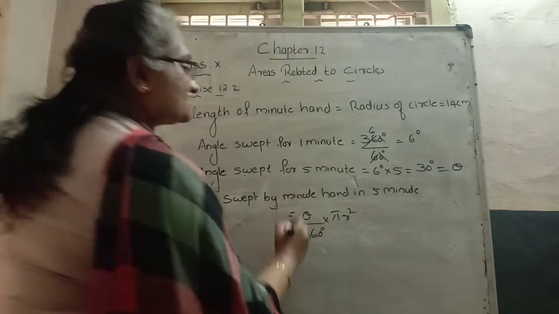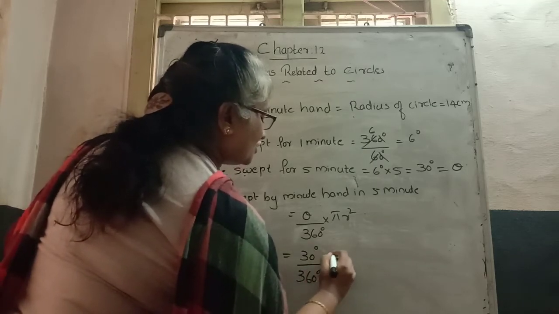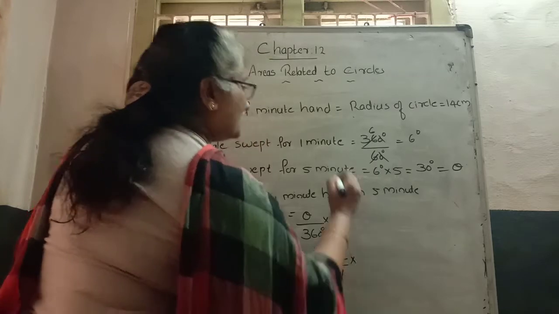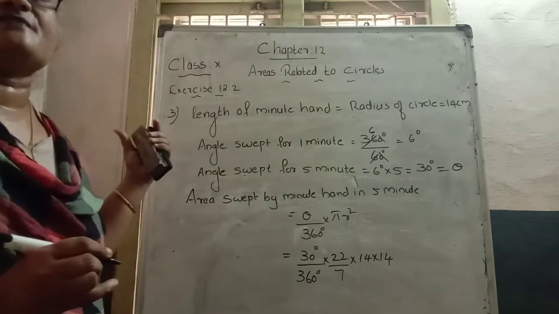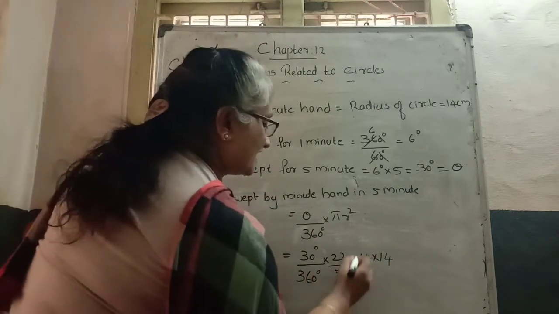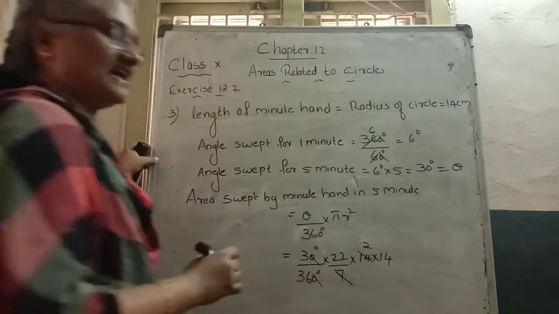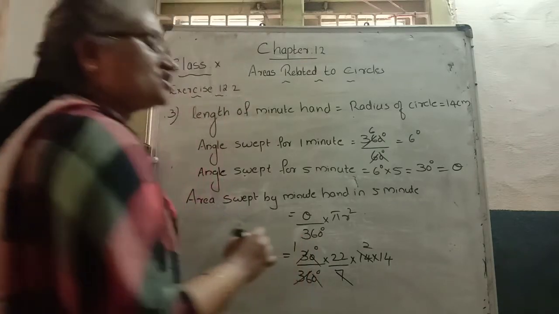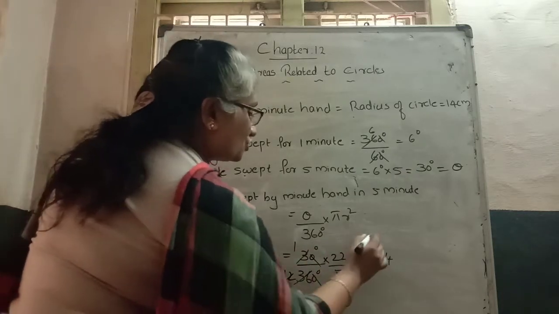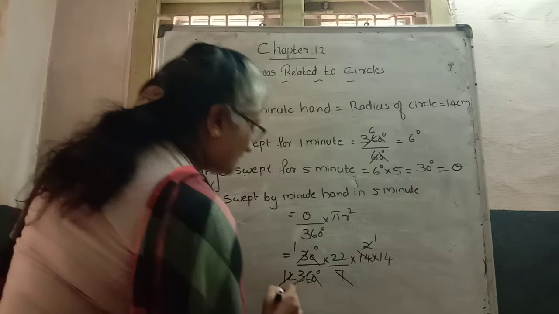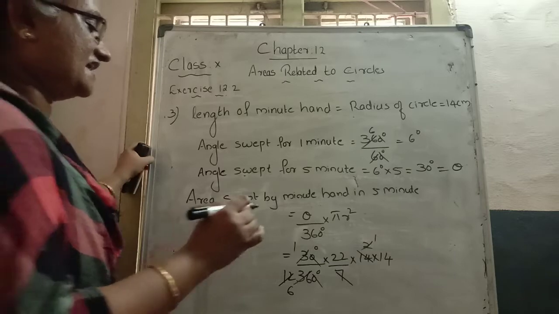Here we apply theta place. Theta value is 30 degree divided by 360 degree into pi, place 22 by 7, into radius 14, r square is there. That's why 2 times right and multiply. 7 and 14 cancelling, how many times? 2 times. Again 0 and 0 cancel. 3 table 3, 1 10. 3 table 36, 12 time. Again 2 and 12 cancelling. 2 table 2, 1 time. 2 table 12, 6 time. Again cancellation not possible.